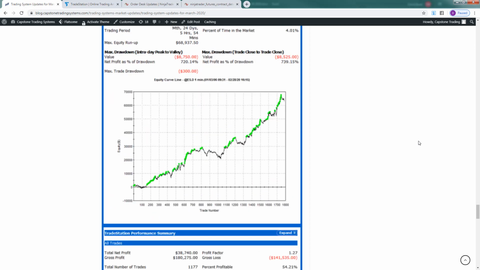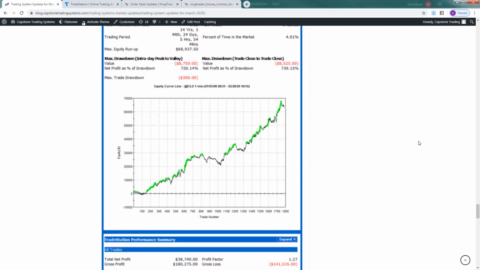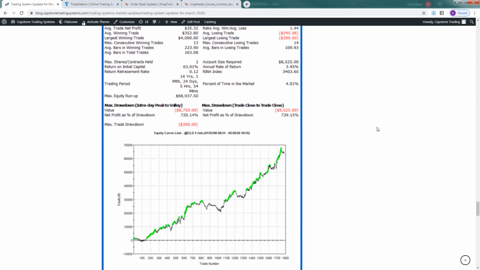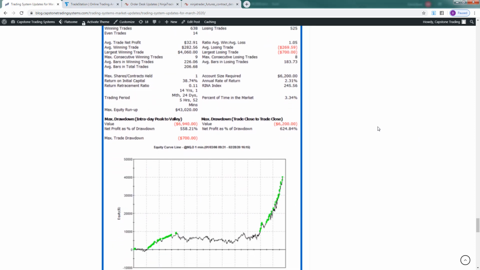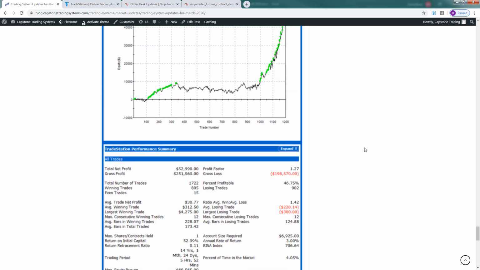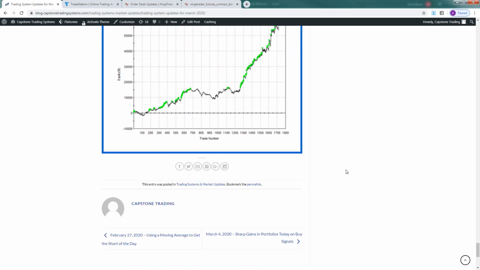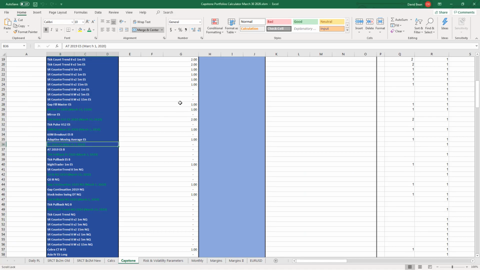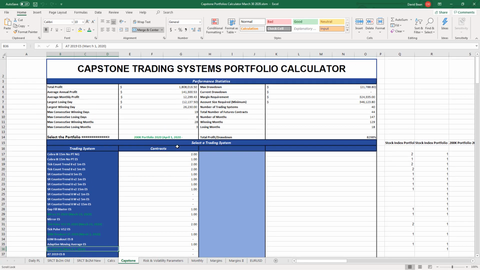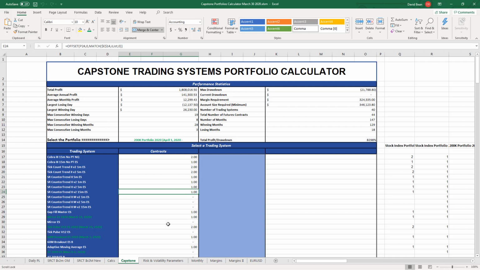On this, you see the second performance report is the old performance, and the first report is the new performance for each. This is the NQ, the updated performance, the old performance. And so those are the updates for March the 1st. You see a long list of those here, and I have the updates as of March 23rd in this